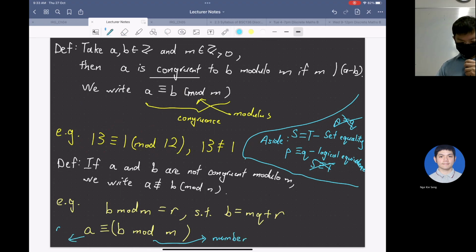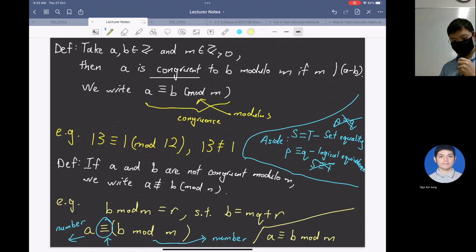Here is also a number. So number and number, we cannot really put this because it might be something. We can't put a triple sign between numbers because the triple sign only works for modular words. Sometimes if you see anyone write A mod B mod M without a bracket, actually